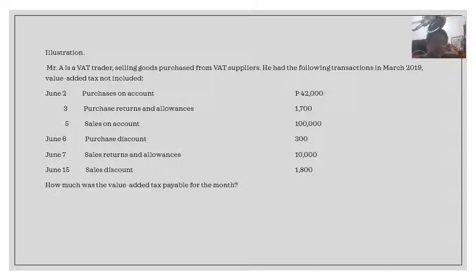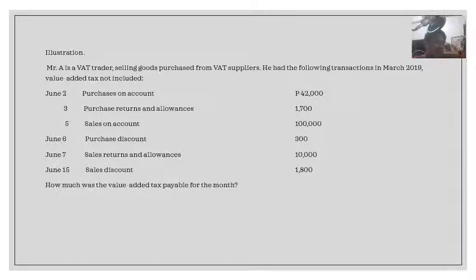Yung goods na ginamit mo para maka-convert ka ng materials into finished goods, kasama na yung mga packaging materials. Kung may VAT kang binayaran, input tax din yun. Pag may binili kang supplies at mayroong VAT kang binayaran, pwede mo rin gamitin yung VAT doon sa purchase mo ng supplies.